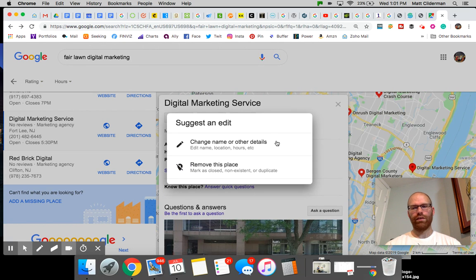And there are different options, right? You can change the location, the hours, the name. You can remove the place and basically say this is a fake listing. Okay, there are a number of different options. And so Google will then have somebody review it to see if what you said was correct. Okay, and so this is a great way for you to